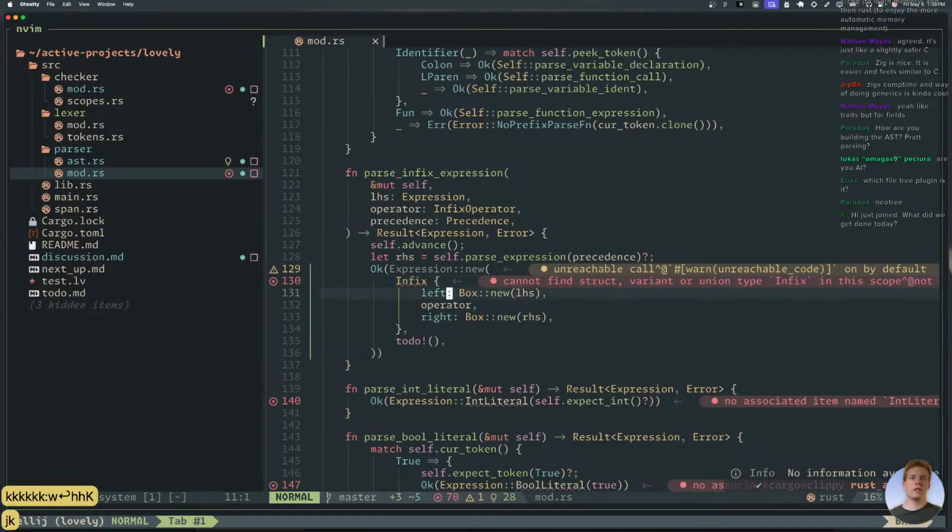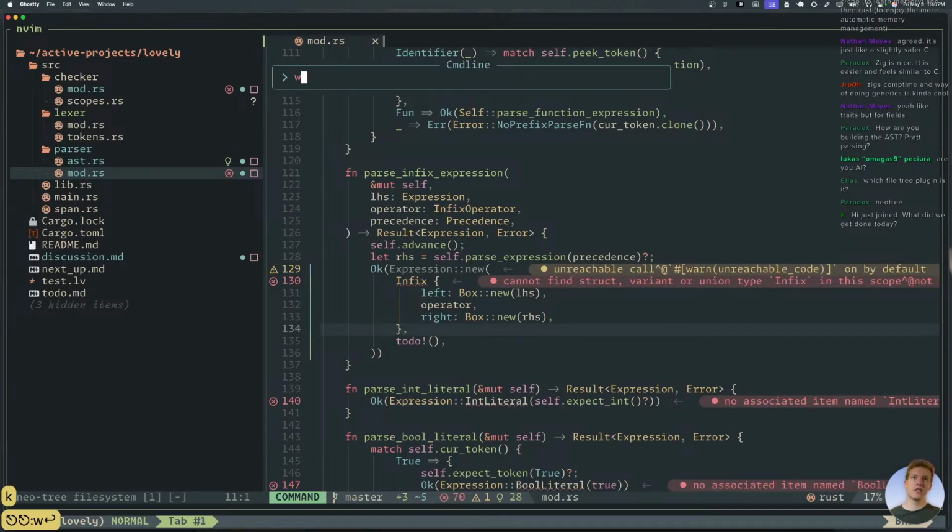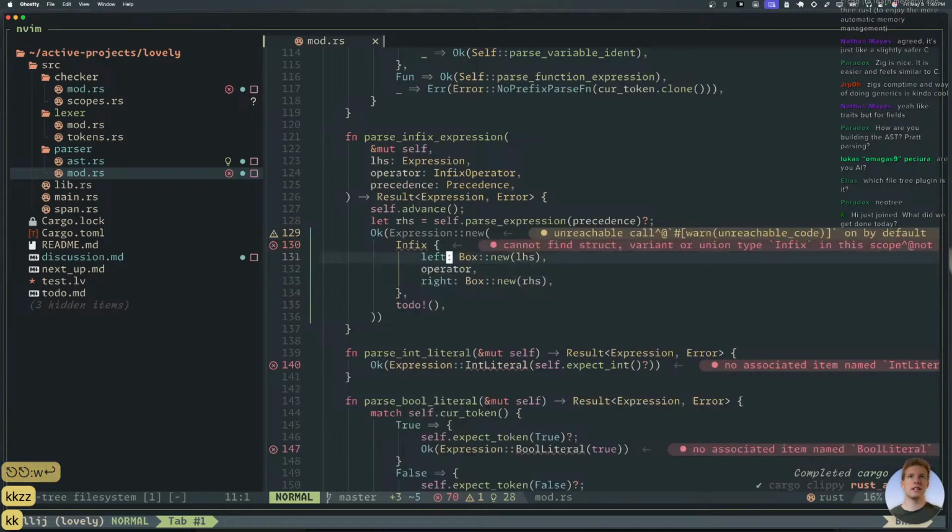All right, infix. While we're talking about good Rust features, this todo macro is like the most killer of all features. I use it a lot. Now, whether macros are a feature or an anti-feature, that's a debate to be had. But this one in particular is really good.